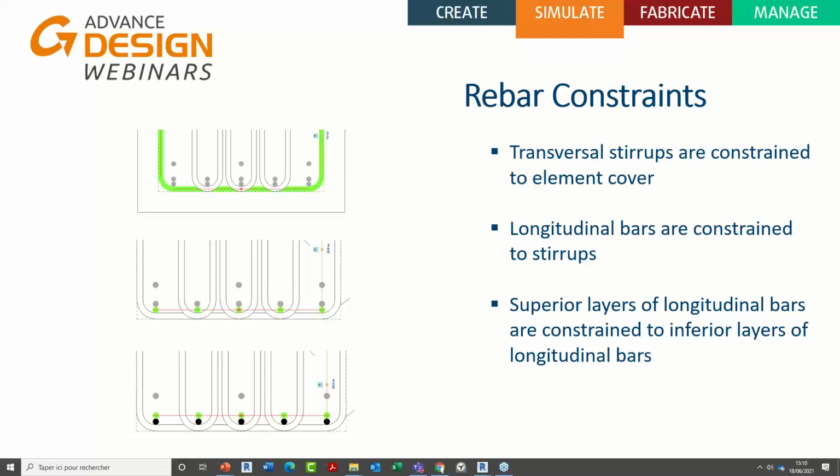Rebar constraints. As you know, it's a concept existing in Revit. I think it was developed 2 years ago or 3 years ago, if I'm not wrong. So it's not so old, and now we are clearly optimizing our rebar cage, because we have some tools to create 3D rebar cage within Revit. And in this 2022 version, our 3D rebar cage for columns or beams, for example,